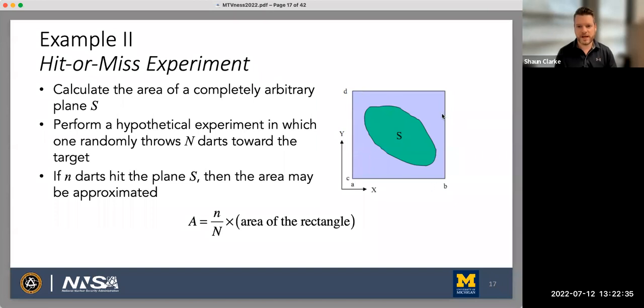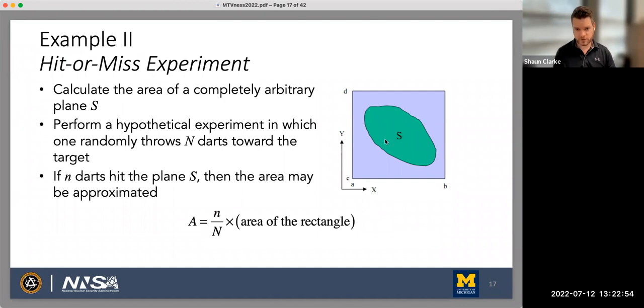Okay, so if you had this surface in front of you and you were to randomly throw darts at this board, say, some of the darts would land inside S, the green region, and some of the darts would land in the purple region. And if you define lowercase n as the number of darts that land in the green region,